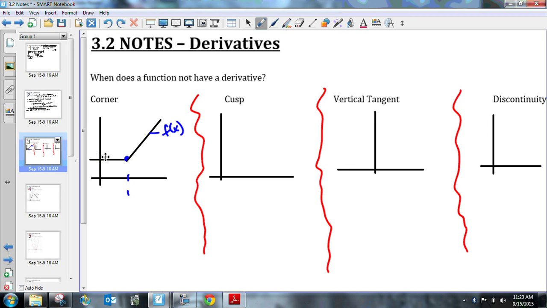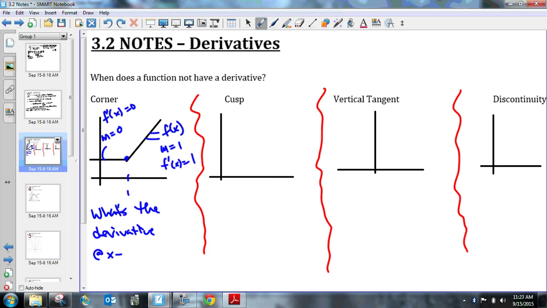Okay, what I know here is that the slope is equal to 0 here, and I'll just go ahead and say that the slope here is equal to 1. I know that the derivative here, f prime of x, is equal to 0, and here the derivative, f prime of x, is equal to 1. I'll talk about how I got that in a minute. But the question is, what's the derivative